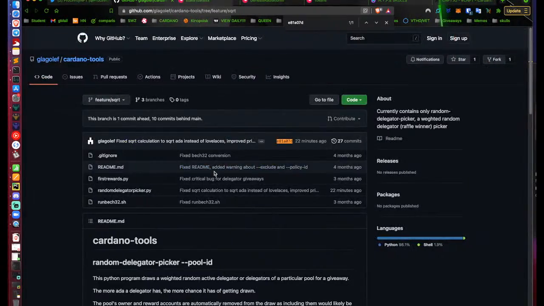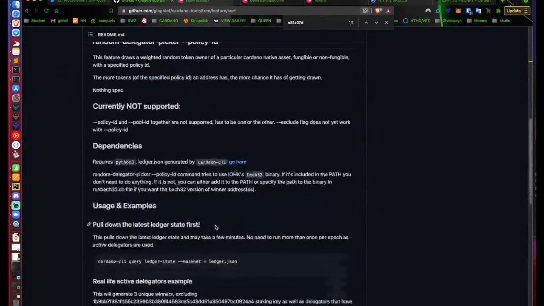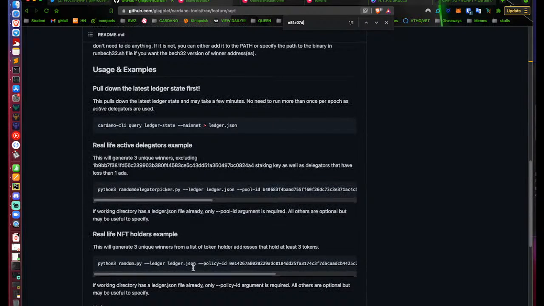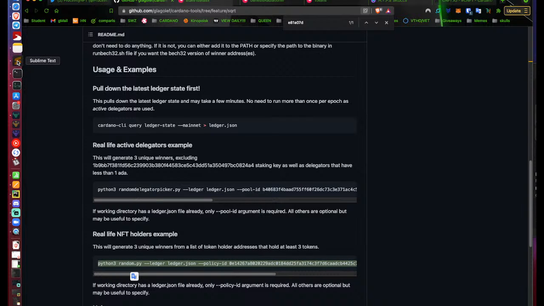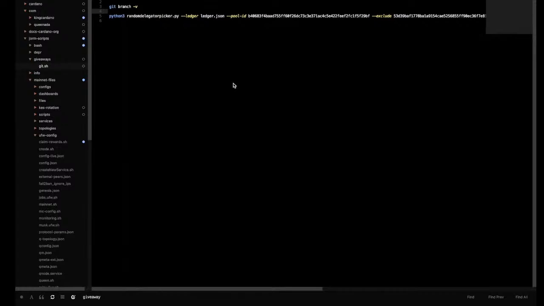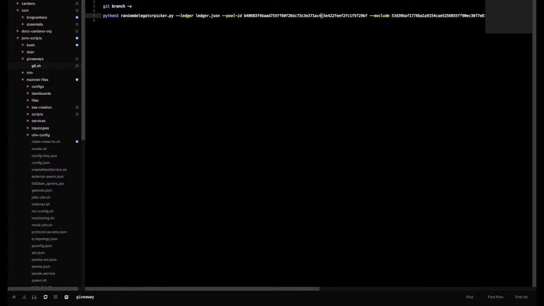Now what we want to do, we downloaded the ledger JSON file. So now we want to actually run the command. Today we have 7 prizes, so we have to slightly adapt the command. I still want to exclude my 2 addresses.